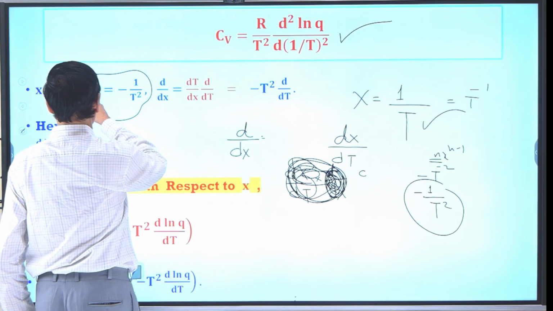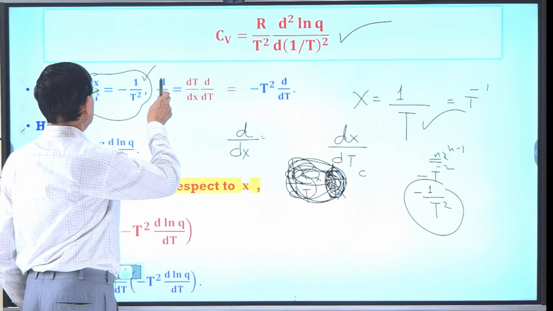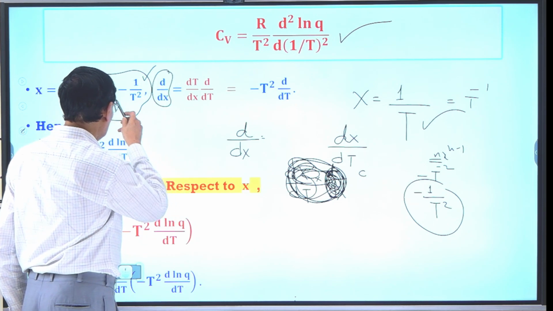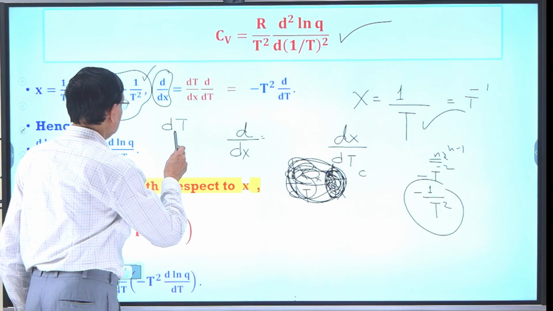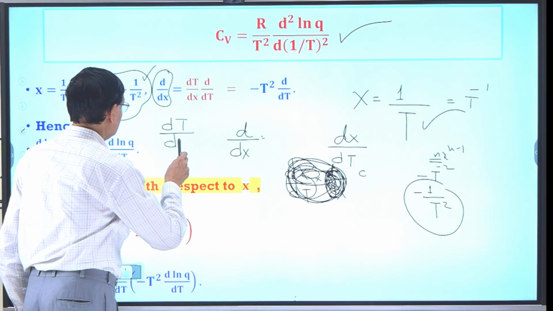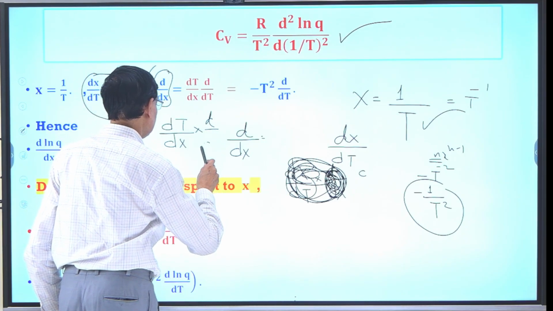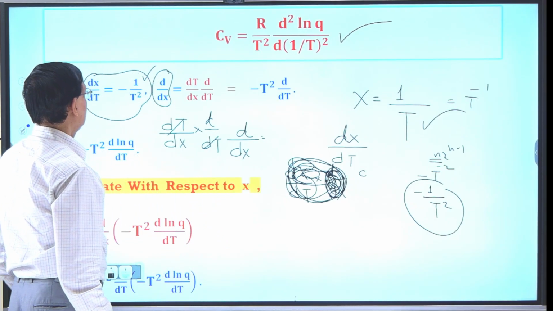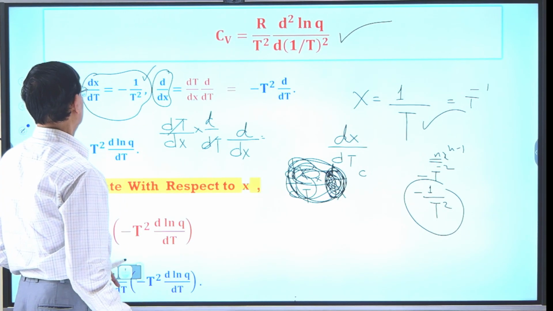so first, 1 by t square you have determined. Then I have to determine the d by dx, because we know that. How do I get it? If I write dt and dx multiplied by d by dt, dt dt cancelled, d by dx. So as dx by dt is equal to minus 1 by t square, if I write inverse of it,